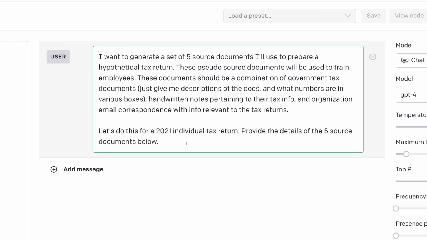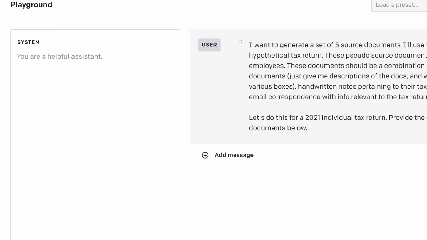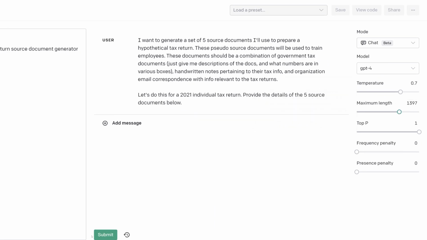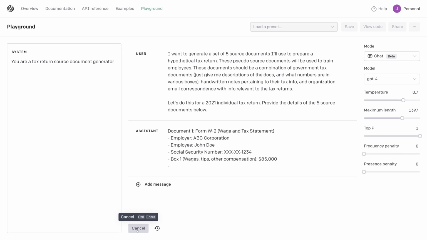Let's do this for a 2021 individual tax return. Provide the details of the 5 source documents below. And I'm gonna change the system message here and say, you are a tax return source document generator. Turn the maximum length up so I don't embarrass myself again. Document 1 W2. One thing to keep in mind with GPT is it is trained on data through September of